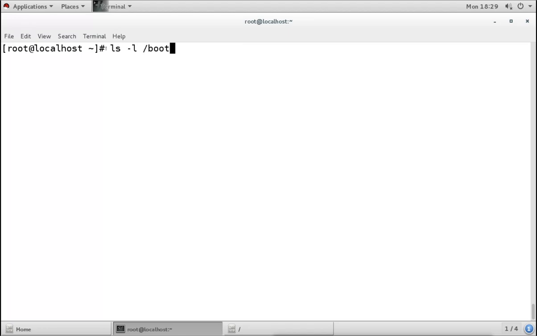Whatever we do, the format is the same in the Linux command line: the command, the options with that command, and then the value.